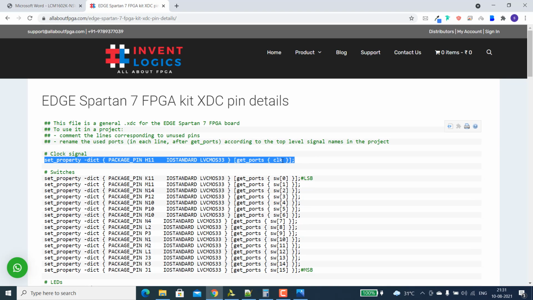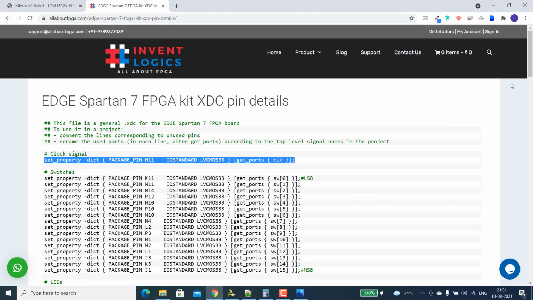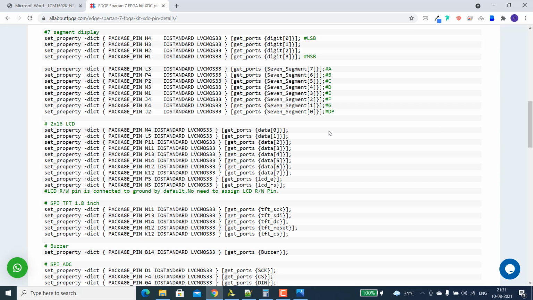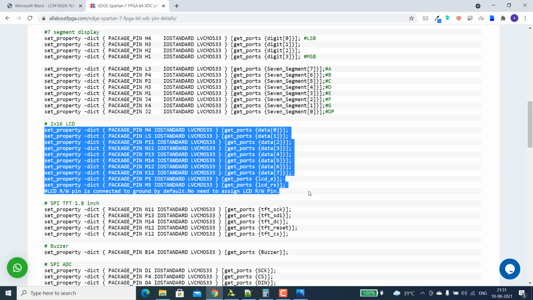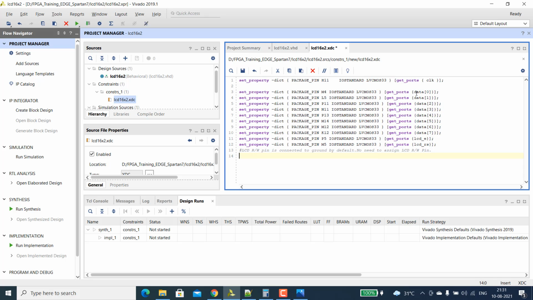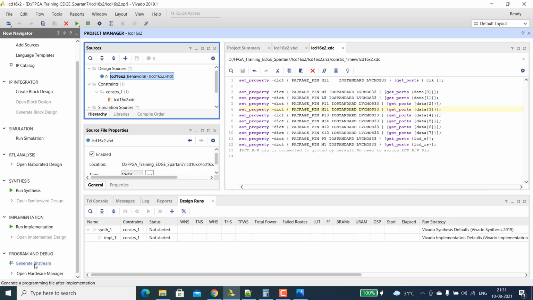First we have to assign the clock, then we have to assign the LCD pins, the data and LCD enable, RS. We have the same names maintained, data and LCD enable, LCD RS. Save it and generate bitstream.